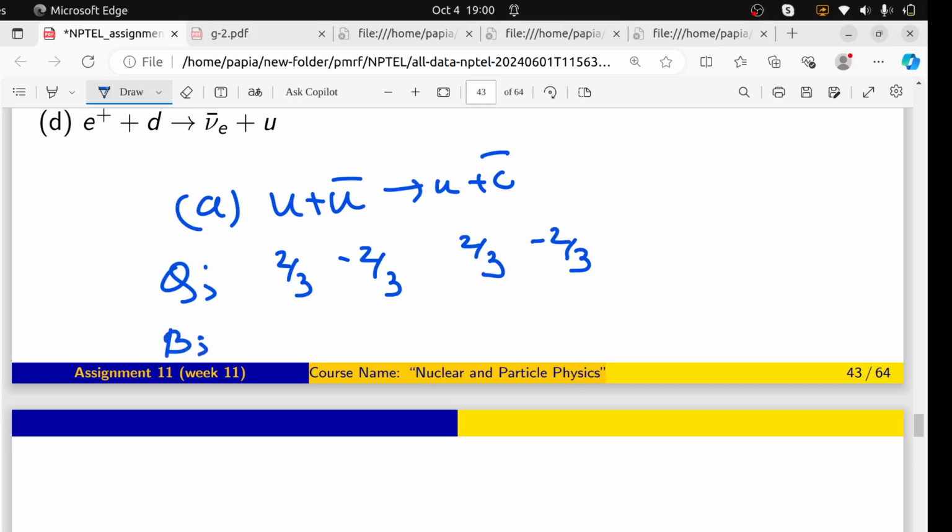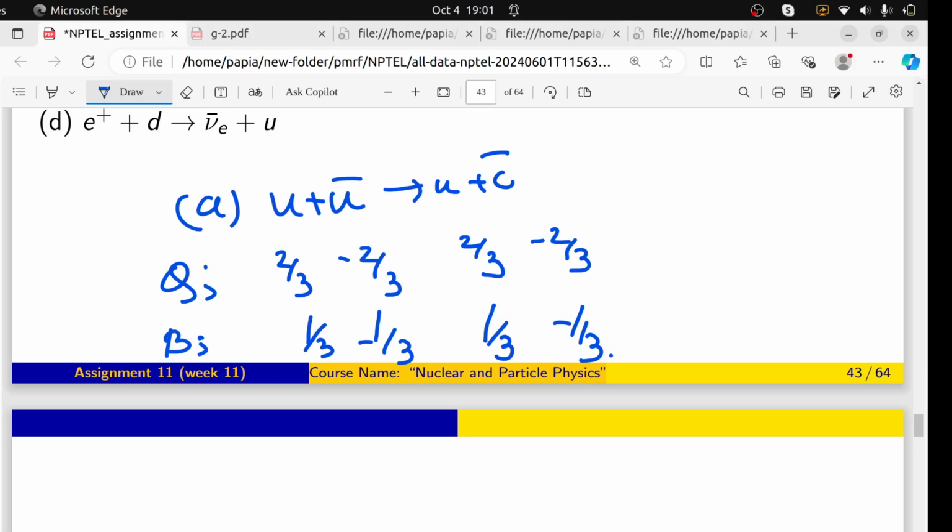Baryon number: each quark is a baryon, actually 1 by 3. This is 1 by 3, minus 1 by 3, 1 by 3, minus 1 by 3. That is also fine. Lepton number: among these four, none carries lepton number, so lepton is also fine. But the thing is that